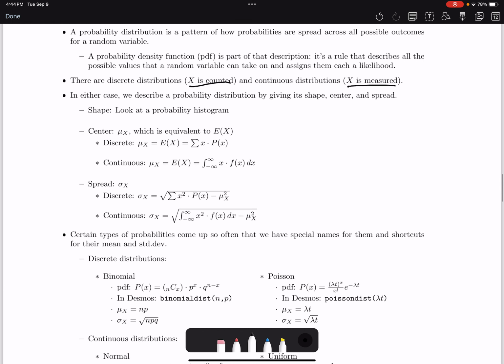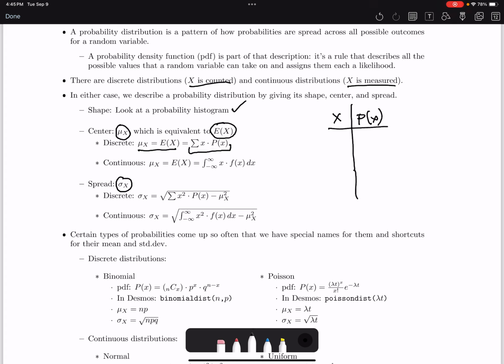So for the shape, we could just look at a probability histogram. For the center, we're going to report the mean, which is the same thing as the expected value. Okay, and for the spread, we're gonna report the standard deviation. Now let's just review a little bit about the mean and the standard deviation. If you have a discrete variable, the mean, which is the same thing as the expected value, is the sum of all the x times p of x's. So if you have a little probability distribution like this,